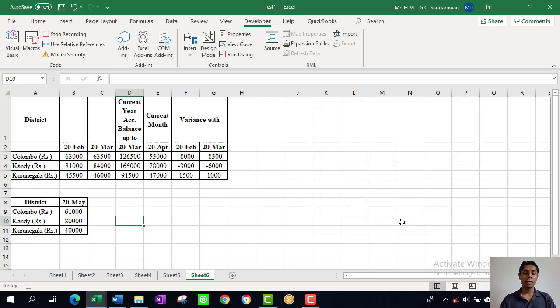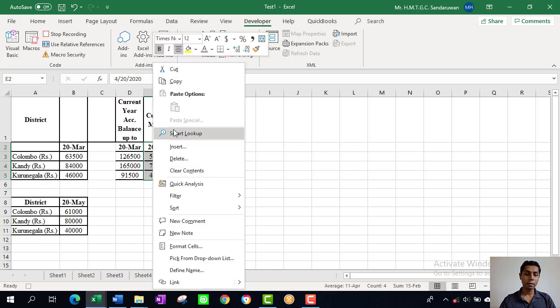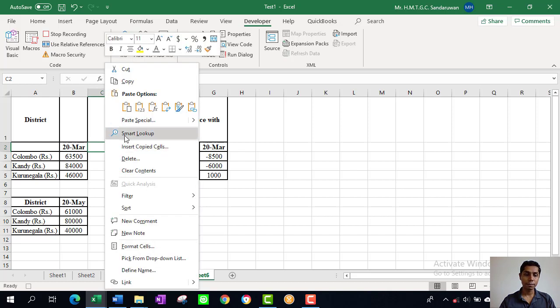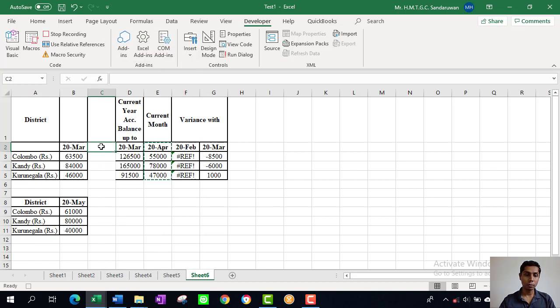Right. So we get new data, May. What I do is I copy this one, cut it, and paste it to the February. And April month's, copy it. Okay, this should be copied and paste it to the previous month. You can copy it, you can paste it by pressing Ctrl plus V,